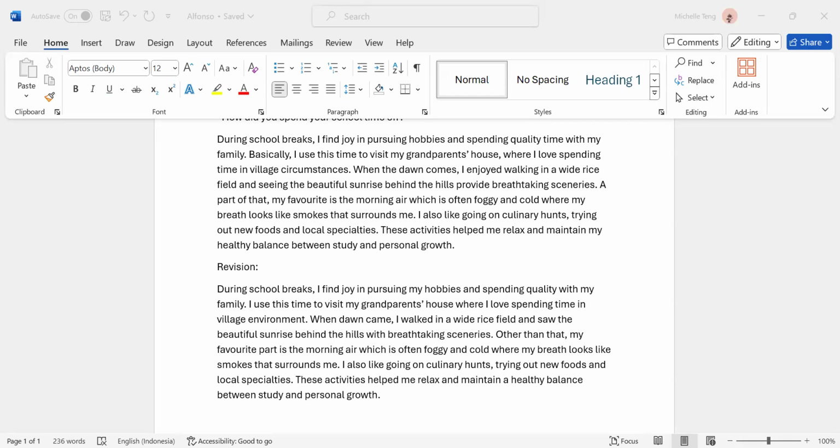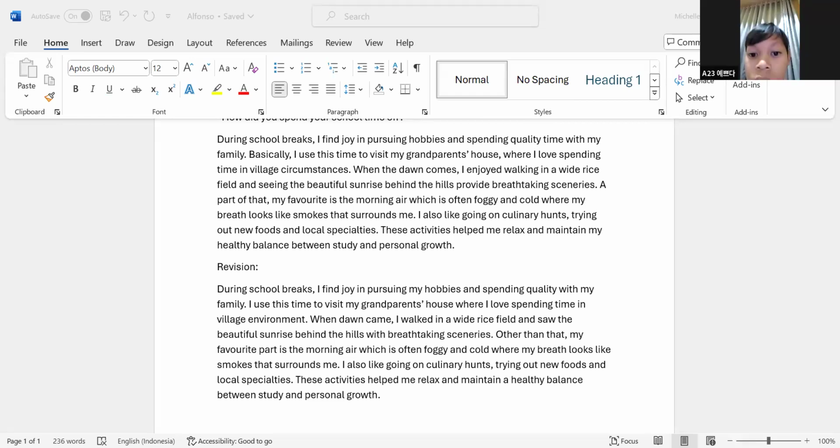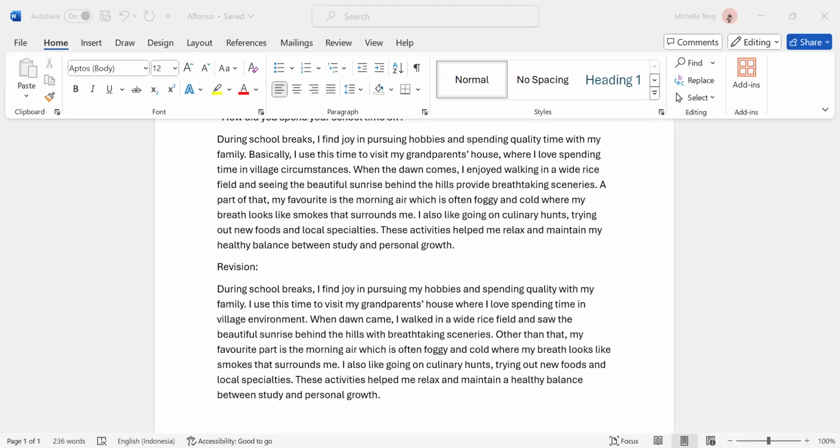"On holidays," comma. When you specify things like this, you should add a comma. "I also went to my cousin's house in Jakarta. My father and mother stayed there for several days." So now you're using the past tense, and then we also use the past tense. Good job. Now this is parallel, they are balanced.